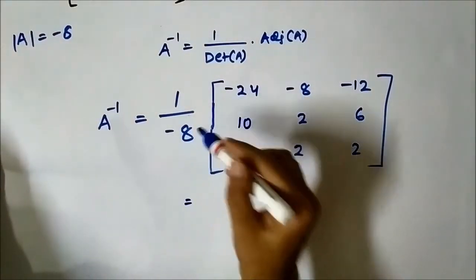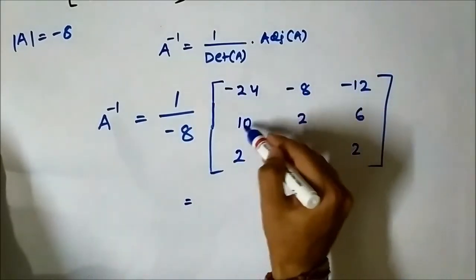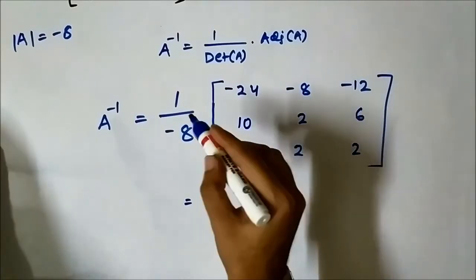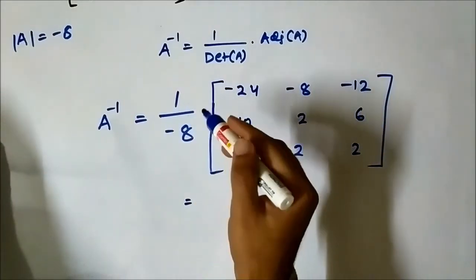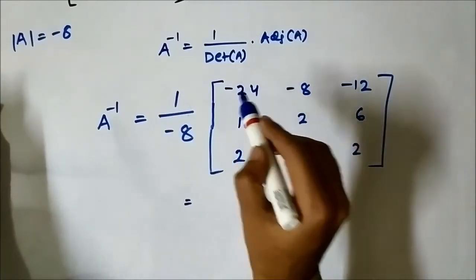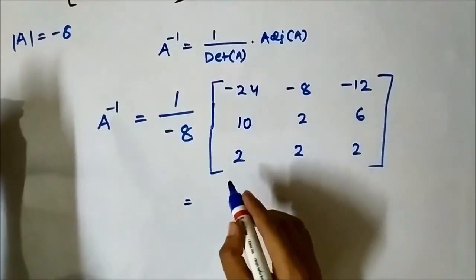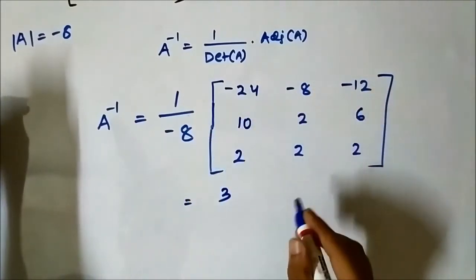This constant will get multiplied with each and every element of this matrix. That is the property of matrices: when a scalar, a constant quantity, is multiplied with a matrix, it gets multiplied with each and every element of the matrix. So it will be minus 24 by minus 8, which is 3,